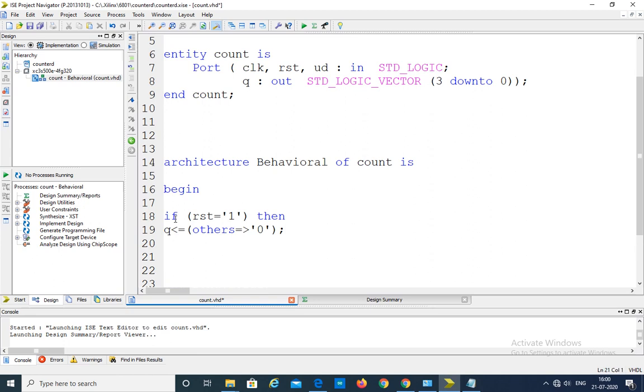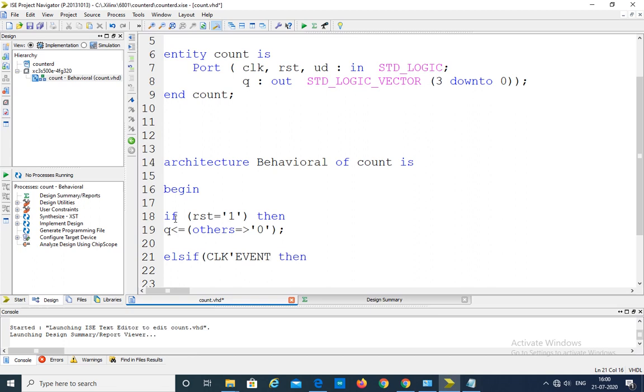Else if. What is the meaning of else if? If reset is equal to 1, then Q is equal to 0. Else if means reset is equal to 0. Then what do we have to check?